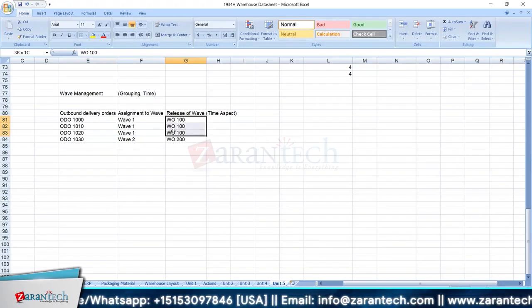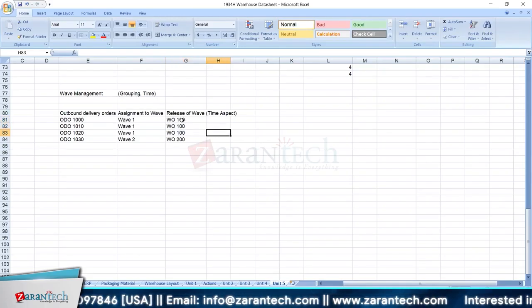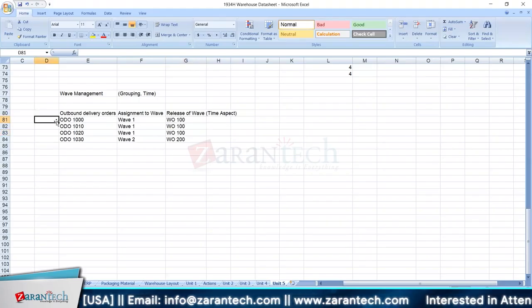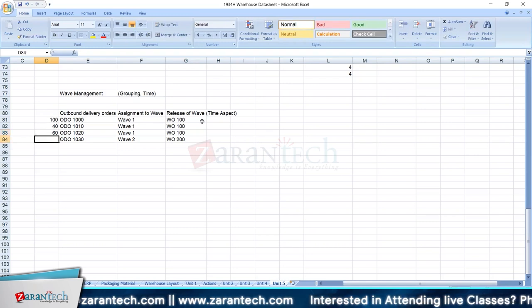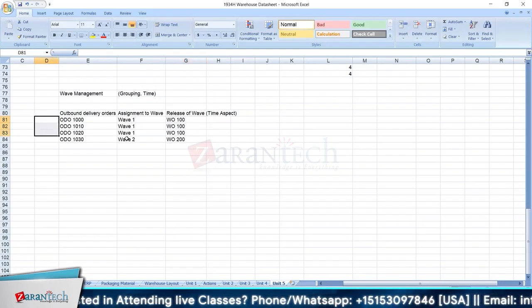But what if I say, okay, one order, but why not two orders? Just imagine this delivery has 100 items, this delivery has 40 items, this delivery has 60 items. So my total number of lines in an order is 120. It is not feasible for one person to pick 120 items, right? Sorry, 200 items. So basically the number of orders that are created depends on the warehouse order